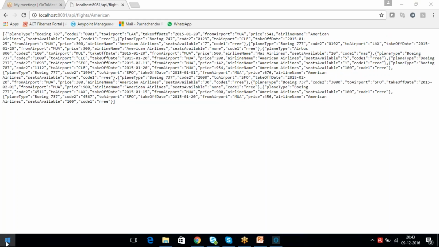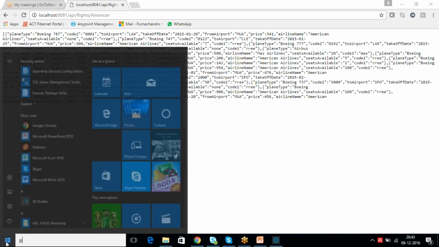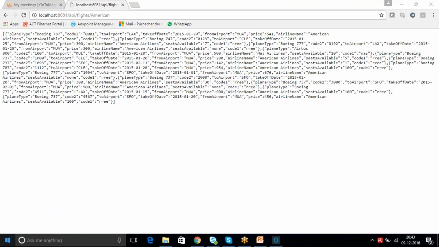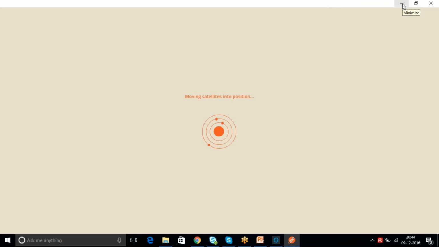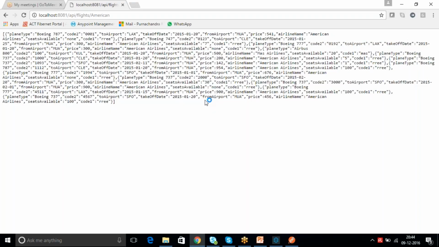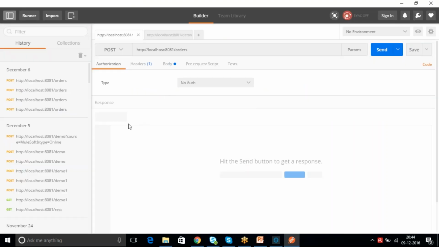The same data you can try it in Postman also. You can see that in the browser or Postman. Browser get method you can use it, but post method you cannot use using the browser, right? For that reason we are using the Postman. In Postman you can perform get, post, any method. You can pass some body using the Postman. But if you take the browser you cannot do it because you need to create some UI, and in that UI you need to pass some parameters like that. So now we are not going to do that front end work and all. So for testing purpose you can use the Postman.